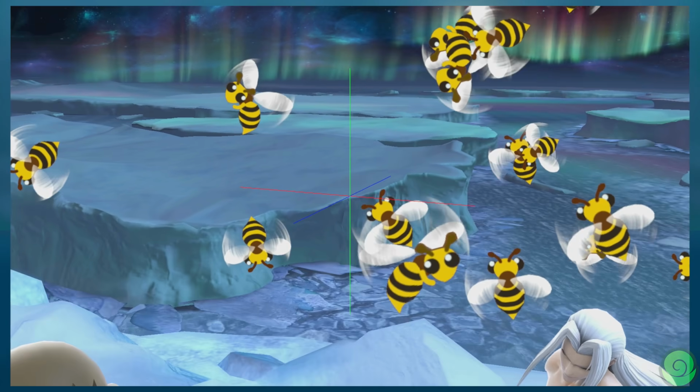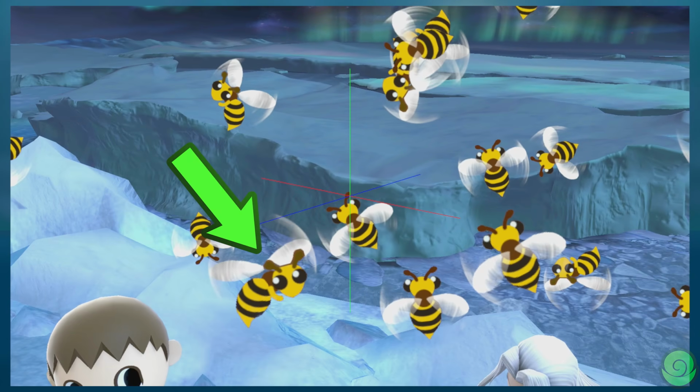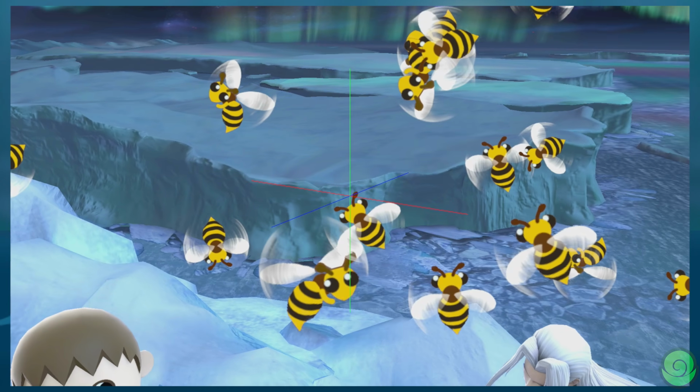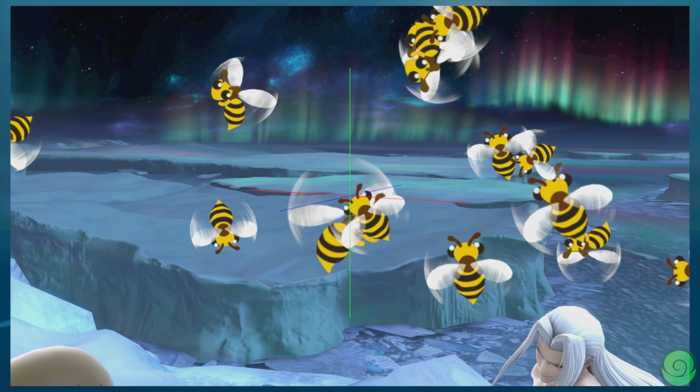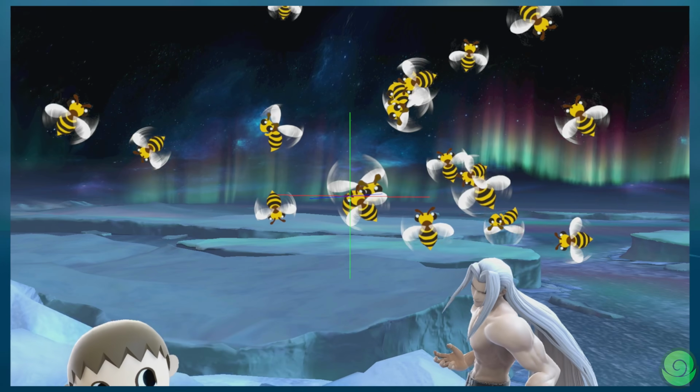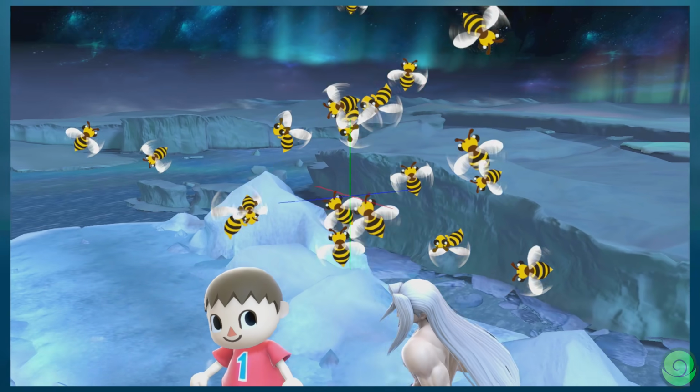Also, the perspective on these can get really weird. Like, this bee here is very clearly in the foreground, in front of this bee behind it, right? And yet the bee further back is layered over the bee in the foreground, which is just really, really confusing to try and look at. I mean, I guess it definitely gets across the idea of a swarm and how chaotic it is, but...